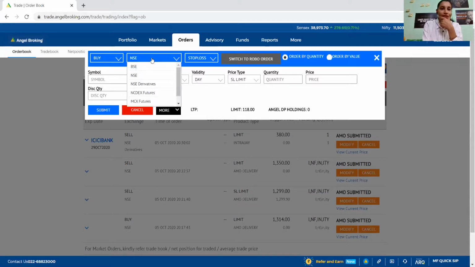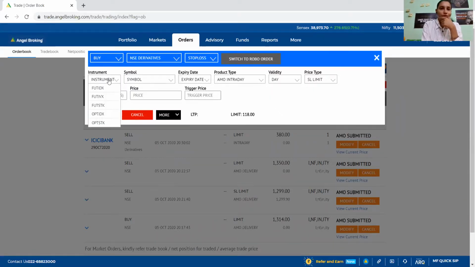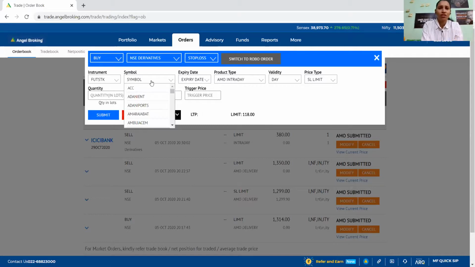So this again, we had to change it now. So this was not NSE, it was the NSE derivatives, because we did it on that, NSE derivatives. Yes. So instrument was future stock. So are you able to see this, people? Future stock means I am selecting the stock's future. There's an index stock and all these things. I will explain this some other day. Let me just explain this over here. So this is ICICI Bank. So I'm just selecting over here ICICI Bank. So expiry date is again 29 October, this month only.